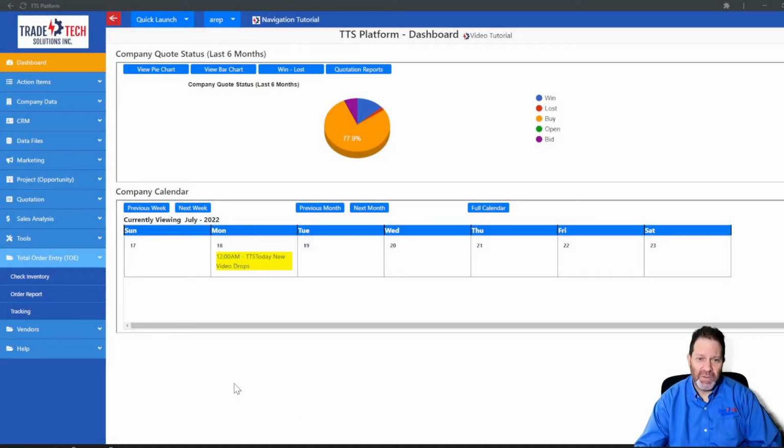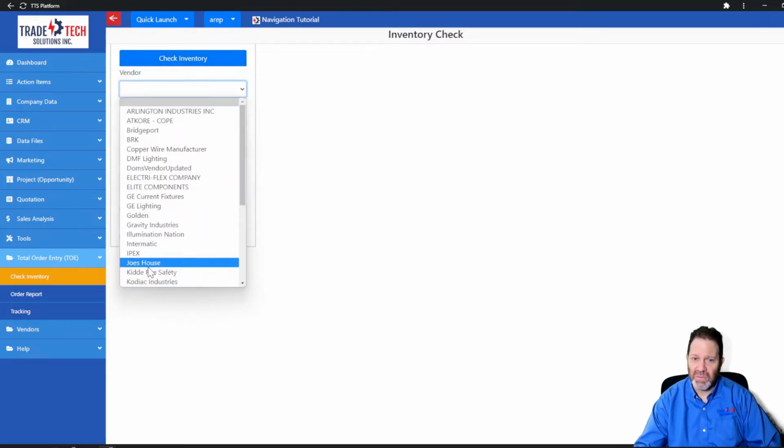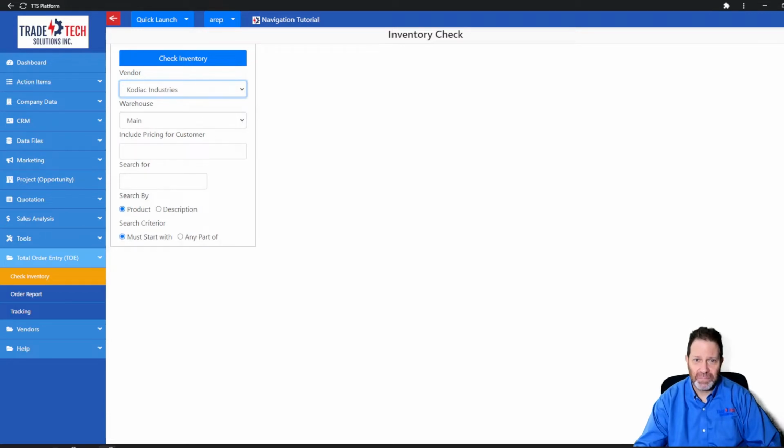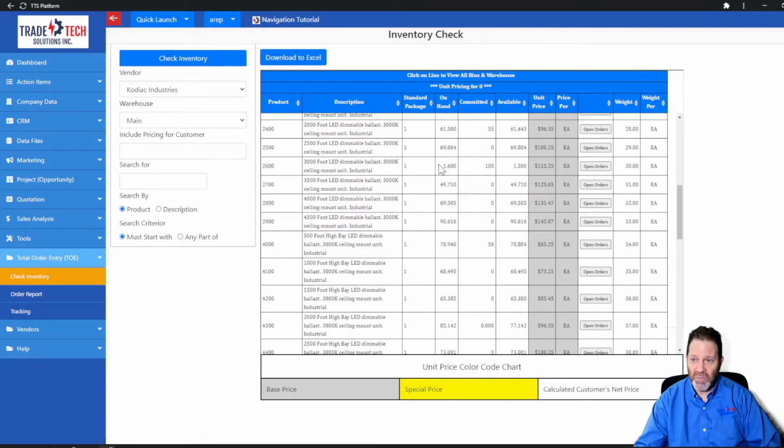The total order entry tab in TTS, we have three selections: check inventory, order report, and tracking. Check inventory basically is going to bring us to the TOE version of check inventory. And just to give you a quick demonstration, we can choose a vendor. And you have the option of choosing a specific customer and searching for a specific catalog number, search by product or description, and also must start with or any part, which would be a wildcard search. But if I do not select anything and choose check inventory, you'll get an inventory for the entire